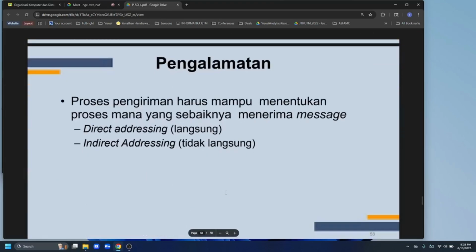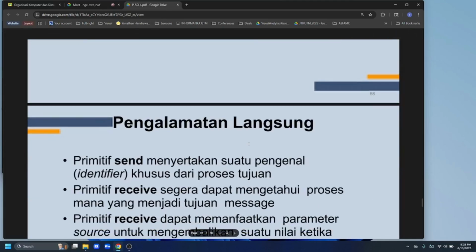Now, addressing. The process that is sending the message must be able to determine which process will receive the message. So in this case, there are two alternatives here. The first is direct addressing, and the second one is indirect addressing.